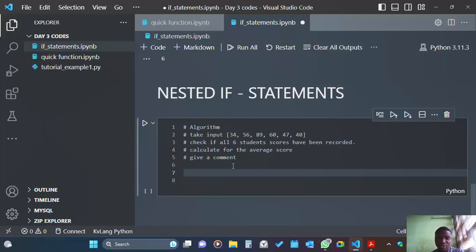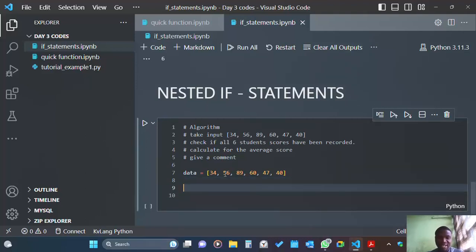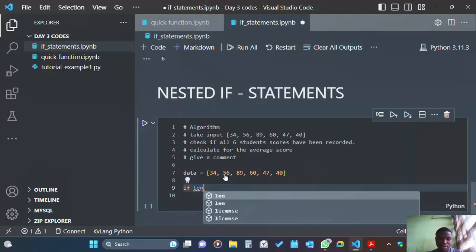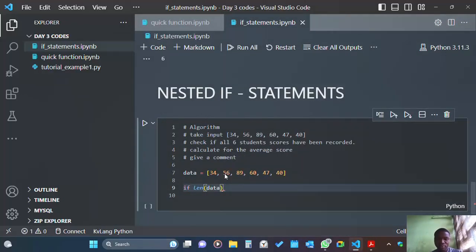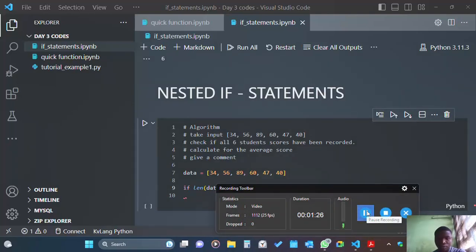First and foremost, let's assume that this is the data. The data is equal to this list. I'm not going to use the input. I'm just going straight to the data so that you see how it's being used. Now, given this data, first, I have to check if all the 6 student scores have been provided. So I'll say, if the length of the data is equal to 6,